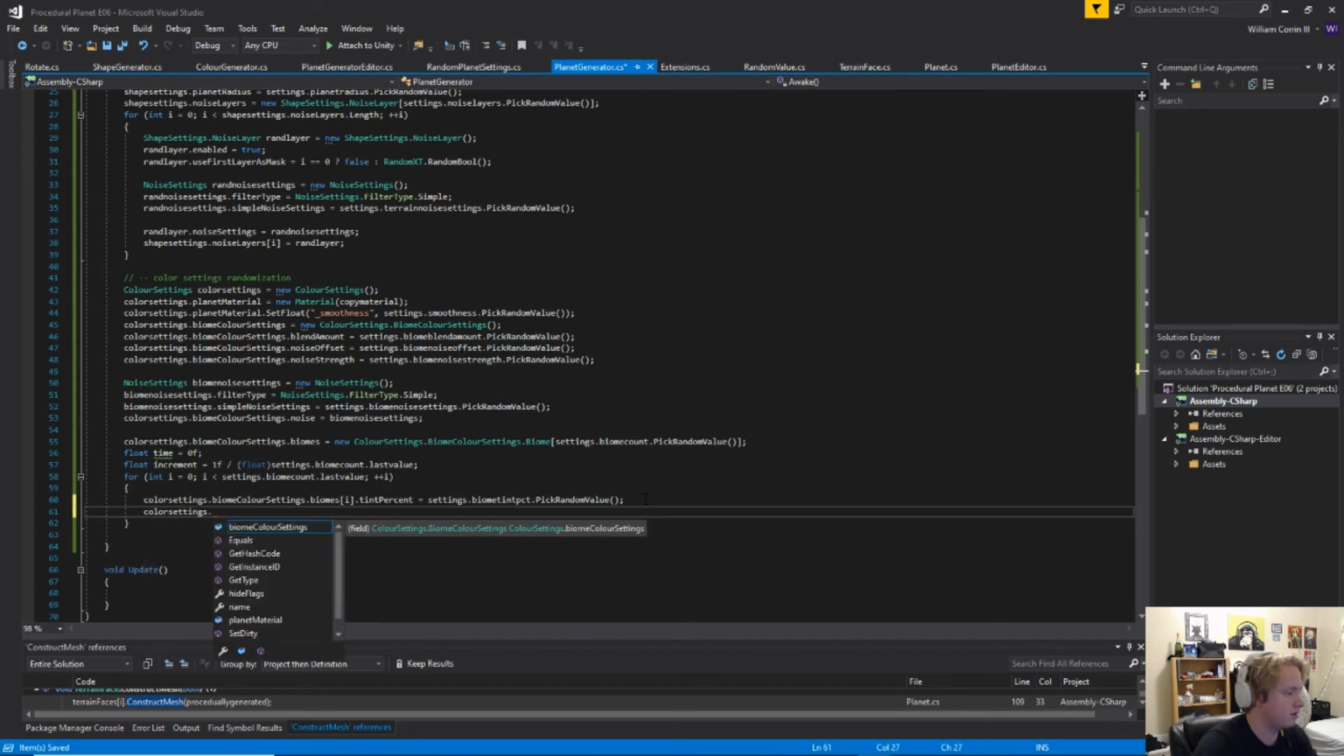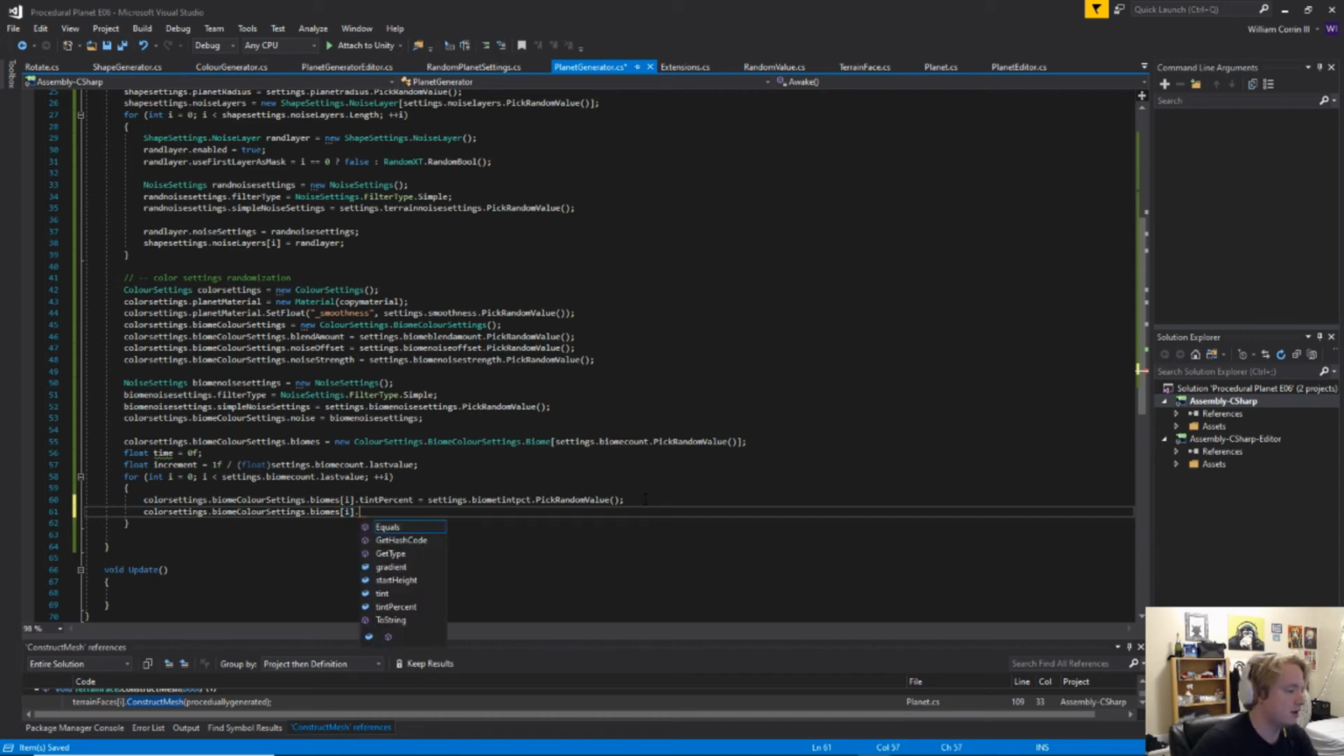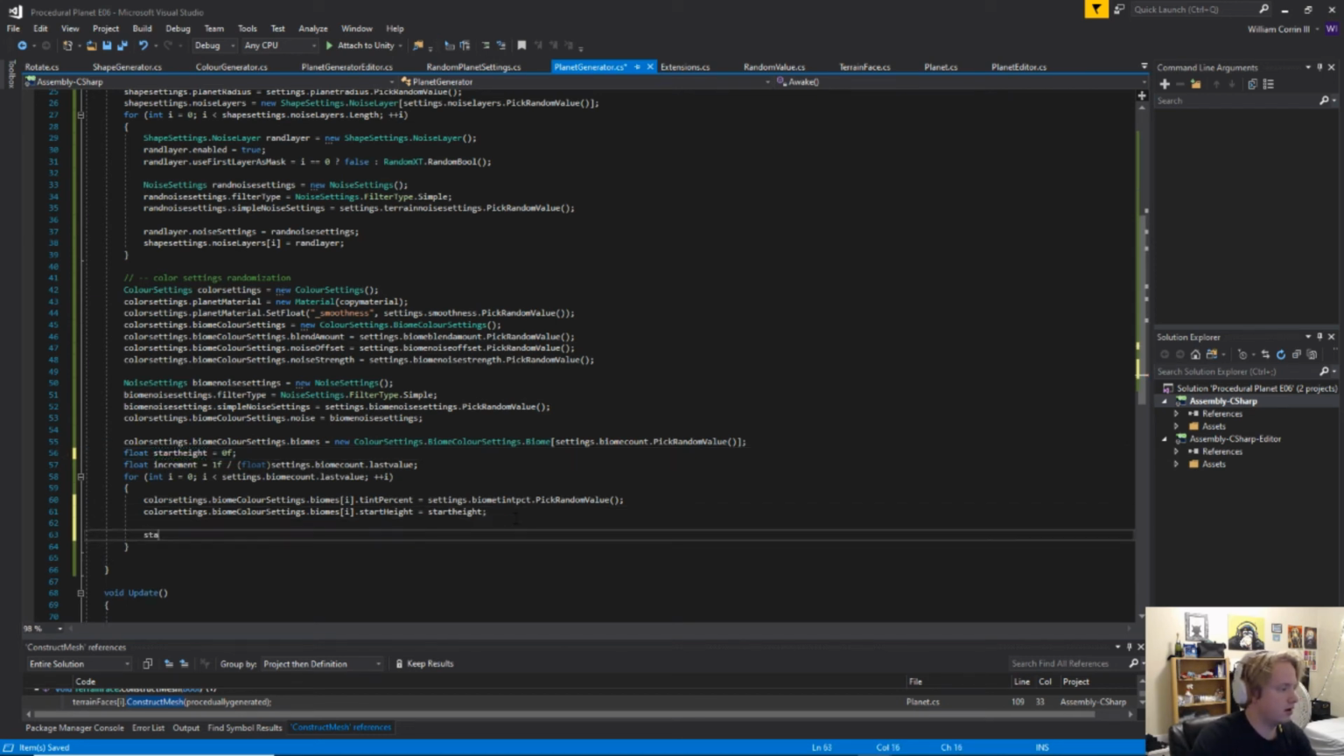Float time equals 0, float increment equals 1 divided by last value. Cool. So this is for the gradients, by the way. Color settings dot start height is going to equal... I wanted that to be start height, not time. So then we're going to have start height plus equals increment. And this is not going to give us very much randomness in terms of the start height, but I think